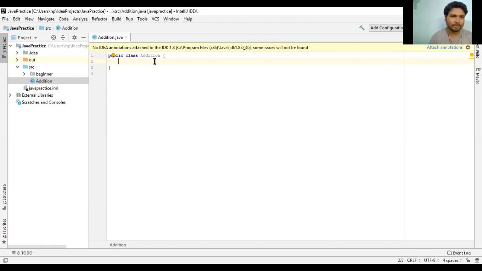While you install Java, you need to set the path. When you install Java, you have to check it with your CMD, that is the command prompt. From the command prompt, you check whether Java is already compatible with the path of the system, or you need to set the path.